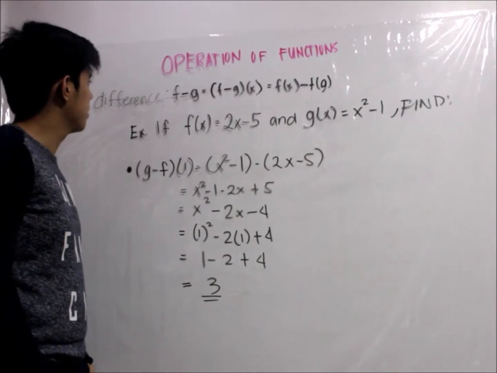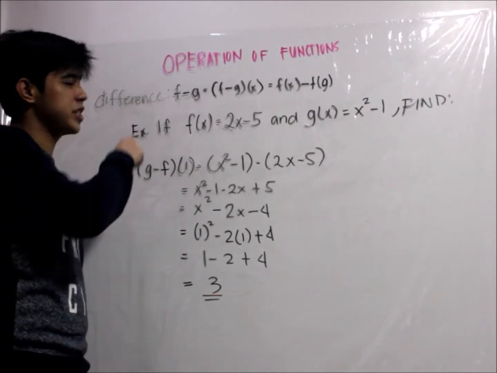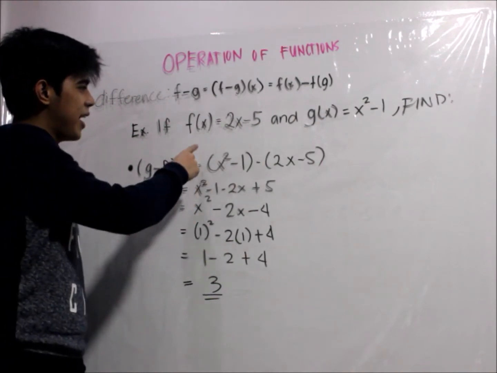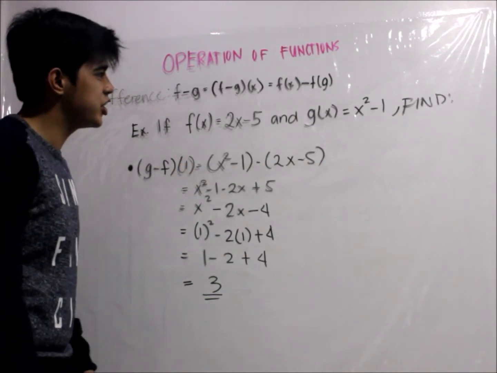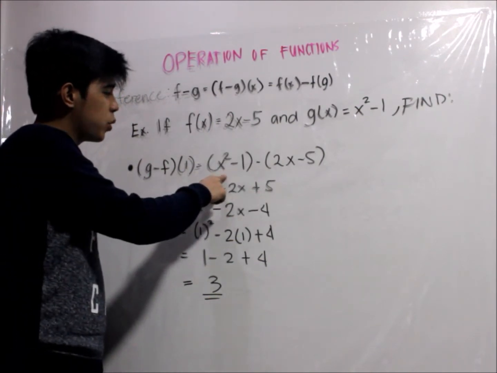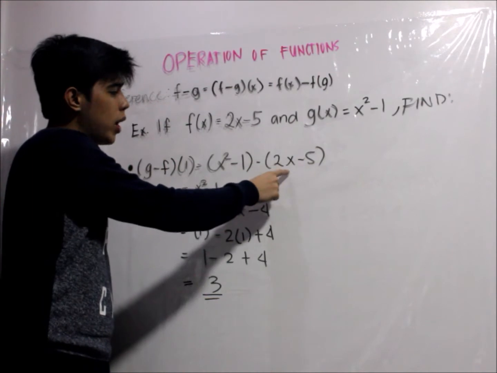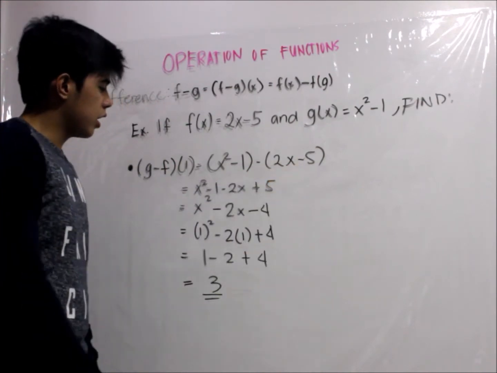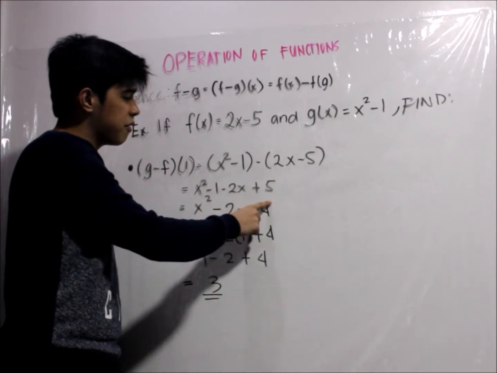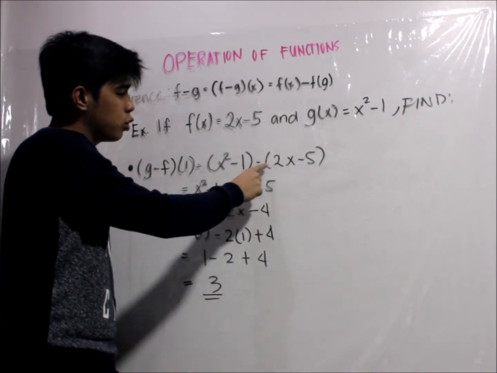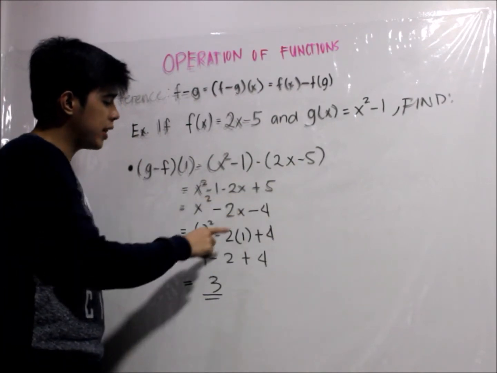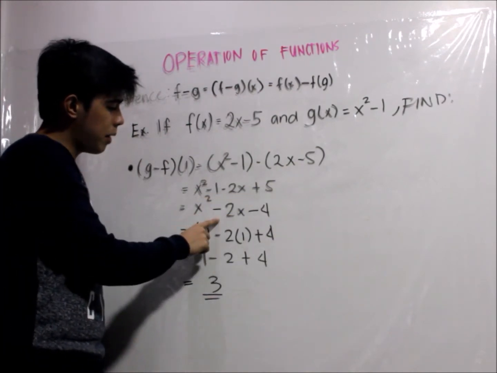Next, the operation difference, which is f minus g. With the same example as before, f(x) equals 2x minus 5 and g(x) equals x squared minus 1. We will have x squared minus 1 minus (2x minus 5). It will become x squared minus 1 minus 2x plus 5 because we have distributed the negative to 2x and negative 5. So when that happens, we will now combine like terms for it to become x squared minus 2x